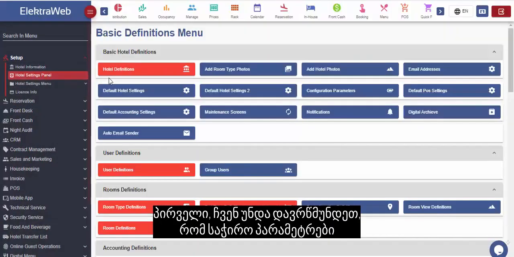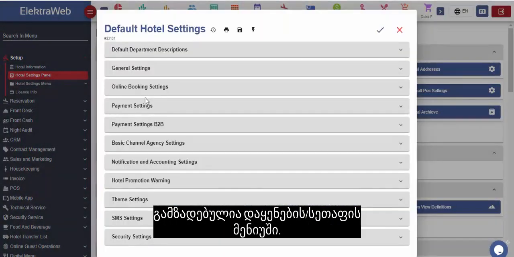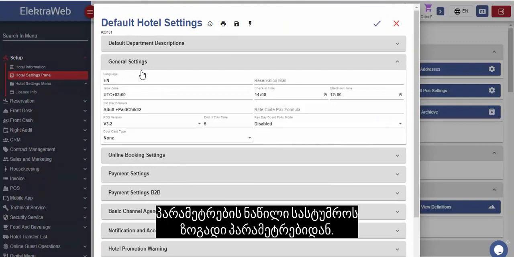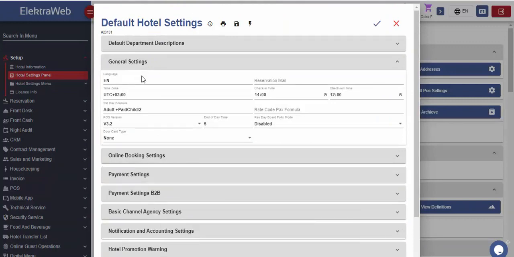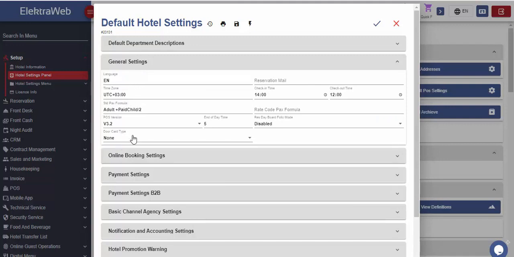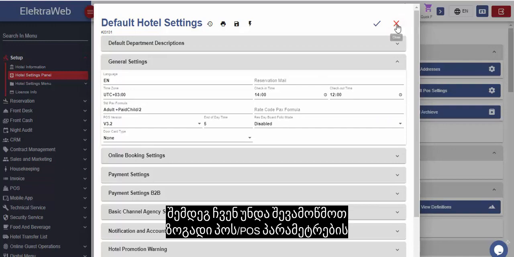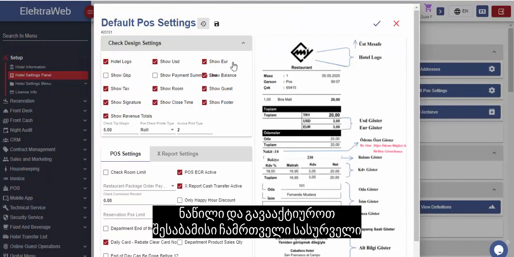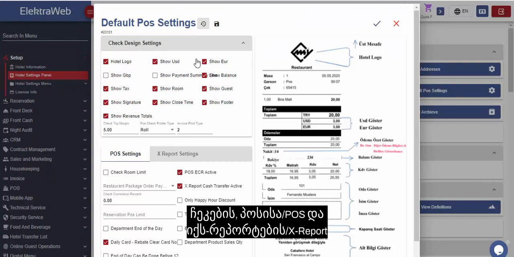First, we should make sure that the necessary settings are made under the Setup menu. For this, we should check the General Settings part of the default hotel settings. Here, the appropriate time zone and POS version should be selected. Next, we should check the default POS settings part and activate the related box next to the desired check, POS,